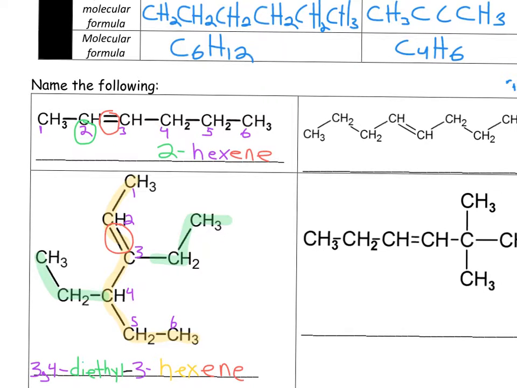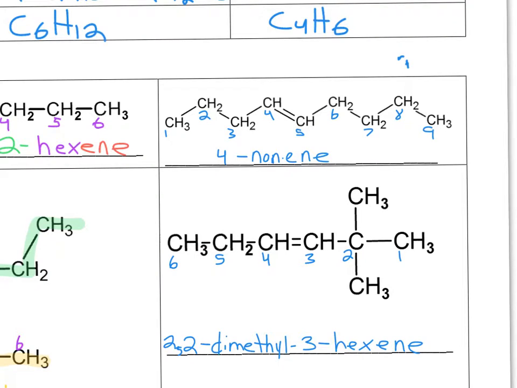alkenes on this page. So our top one is 4-nonene, and numbering from the left puts the bond at carbon 4. Numbering from the right would put the bond at carbon 5. And the one on the bottom is